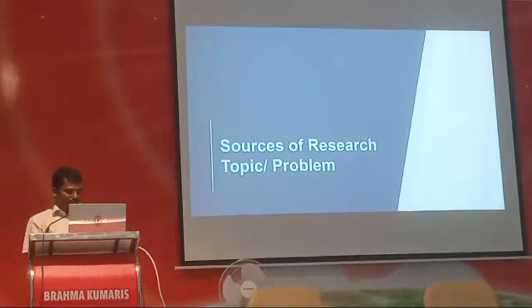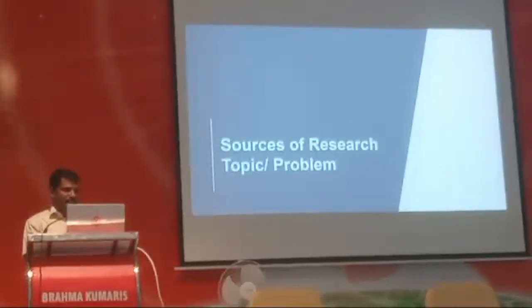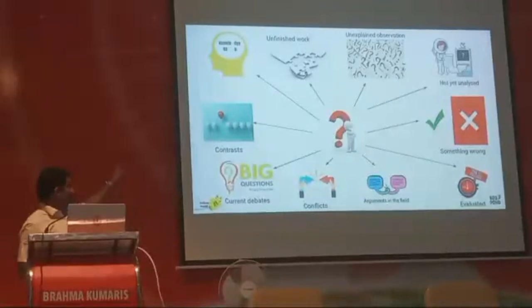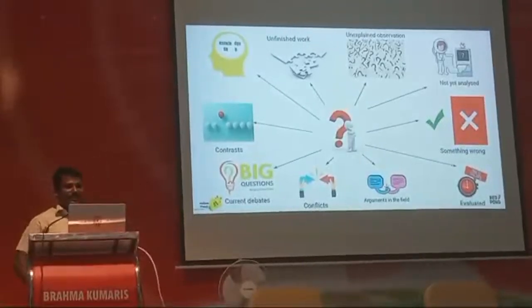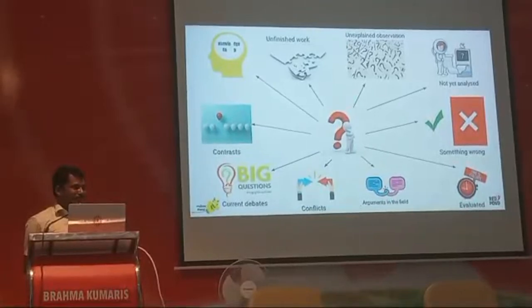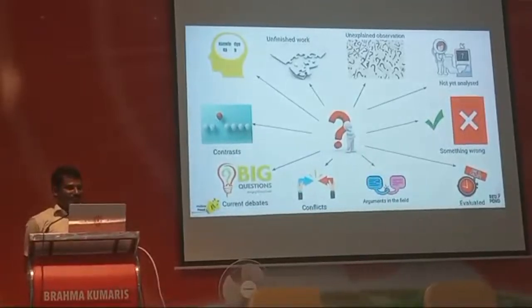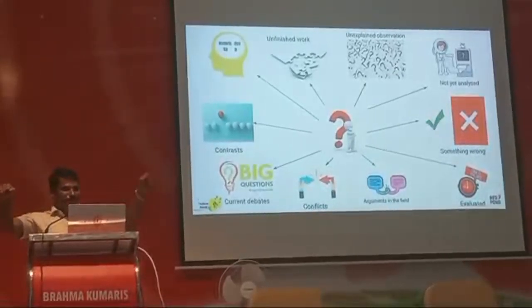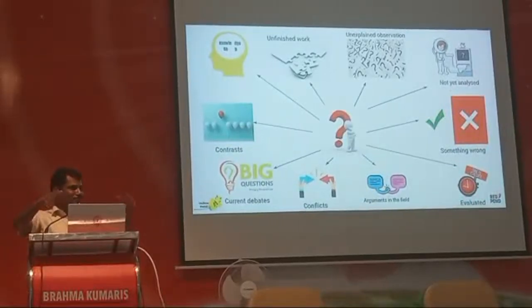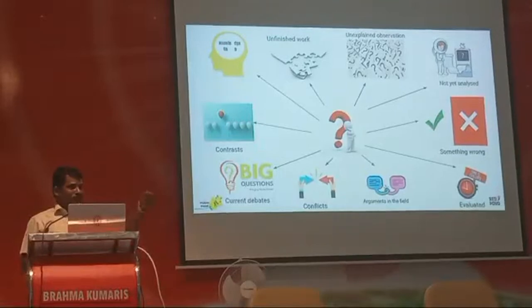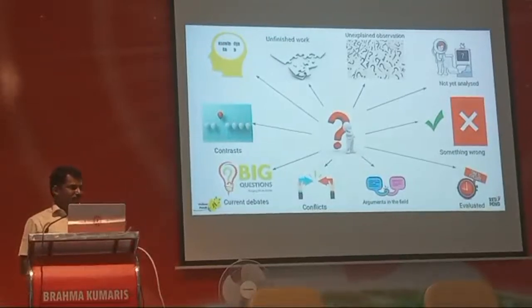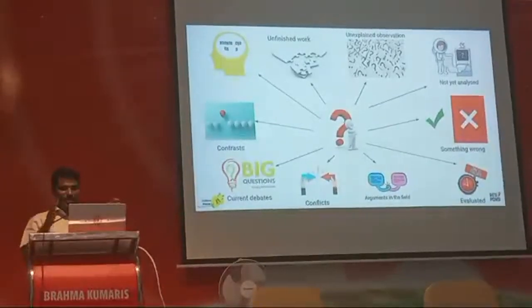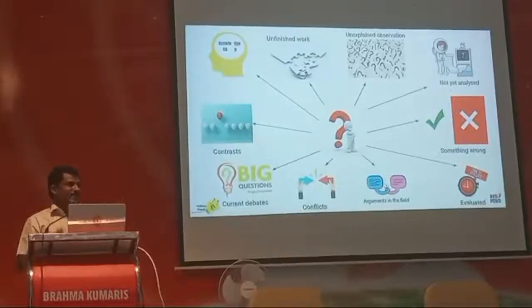The sources of the research problem. I think we discussed the factors; again, I'm going to give the sources. Can you find out what is the meaning in the first picture, the top one? Knowledge gap. So you can see the gap. Many researchers made an attempt here and here, but they may not have studied the particular area. You focus on those areas. There is originality and novelty, and you are giving a new contribution to the research field. That is the best area you can check. Do a review of literature, and you can find a certain area not explored by many, and you can take that area. The best area.